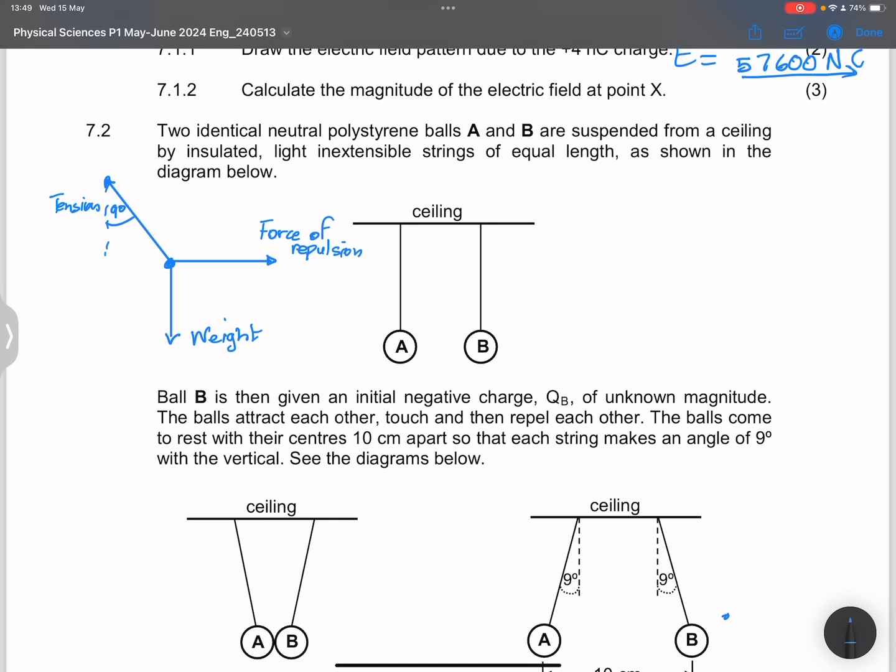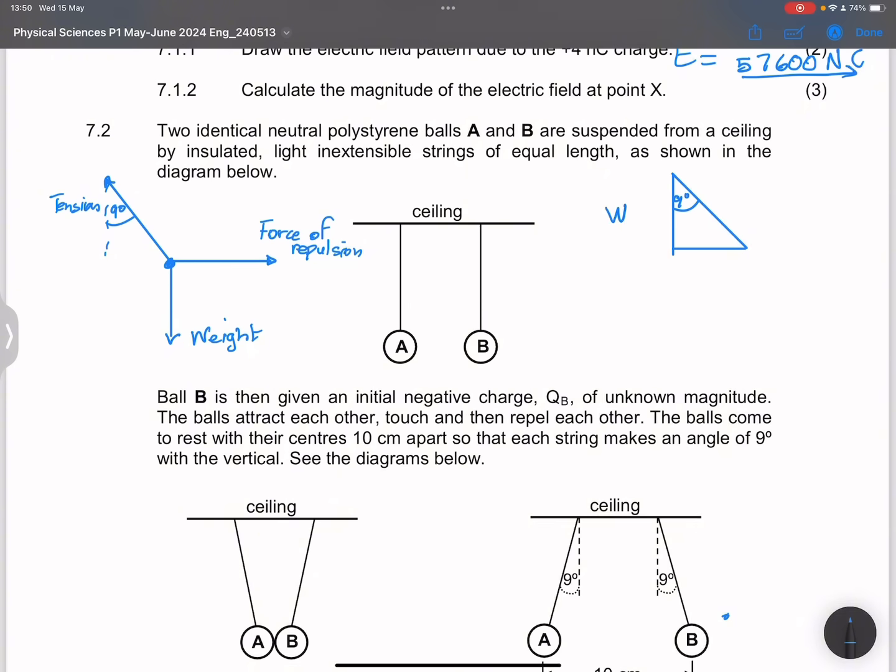So we can find out what is the electrostatic force. So in this case, the force of repulsion, right? Remember, how can I do that? Well, there's a triangular law of vectors that are in equilibrium, okay? And that law simply says if we've got three forces that are at equilibrium, they can be represented by a